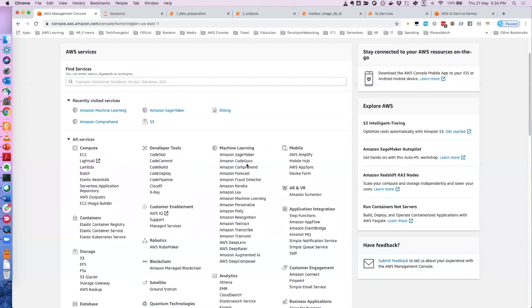For them we have a separate set of services. Then we have another set of people who are software developers, but are new to machine learning, though not very new. For them we have a service called SageMaker, and within SageMaker we have lots of features, like you can build your model, train your model, and all of that.